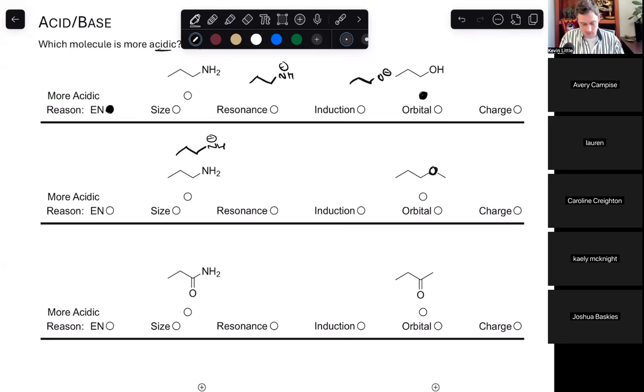There's no OH here, right? There's no hydrogen to take off of this oxygen. So there's not really an acidic thing. It doesn't matter. The only hydrogen I could possibly take would be off one of these carbons. And there's no resonance, there's nothing going on with that guy, right? It's not a stable charge. So